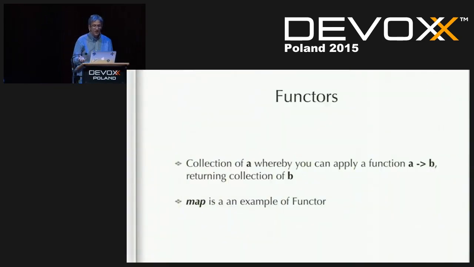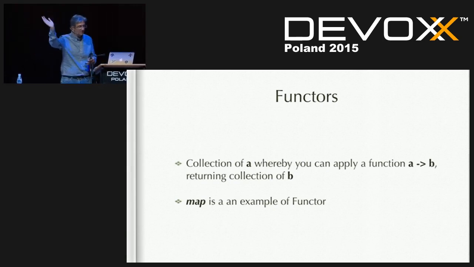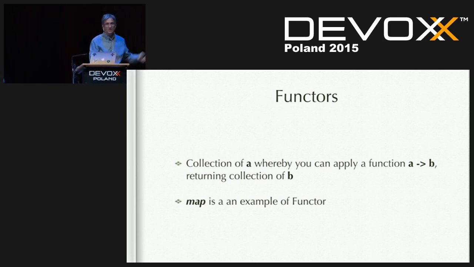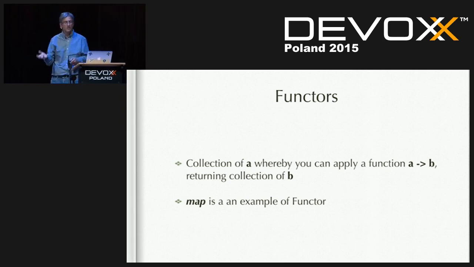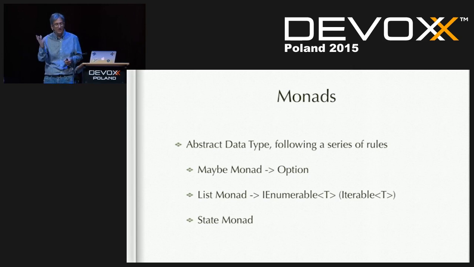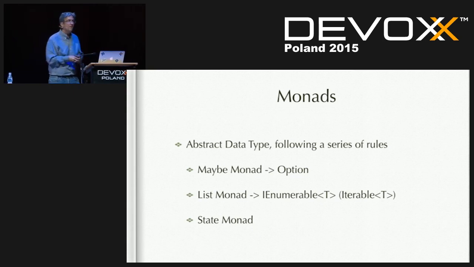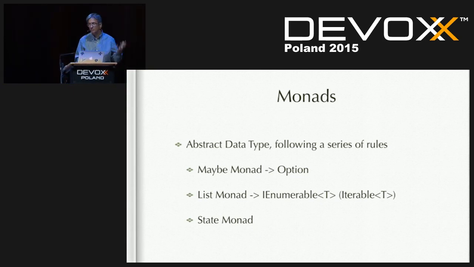A functor actually is basically, you have a collection A, and then you can apply a function and it returns a collection B. Now, in category theory, that would be having a category and then returning another. Map somewhat is an example of a functor, but we haven't even brought that concept of functors up. But we've been using these concepts. Monads basically are an abstract data type that follows a series of conditions. And there are examples of monads in a sense. There's the Option, if you're familiar with Scala. There's a list monad or IEnumerable in C#. There's state monads. Now, why is monad even important? Why every time we talk about functional programming is there this concept of monad?